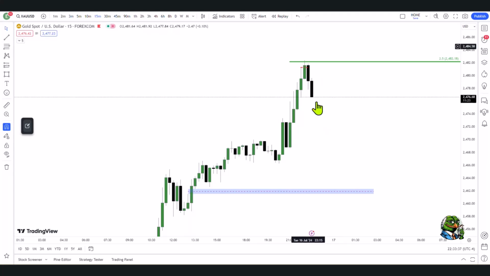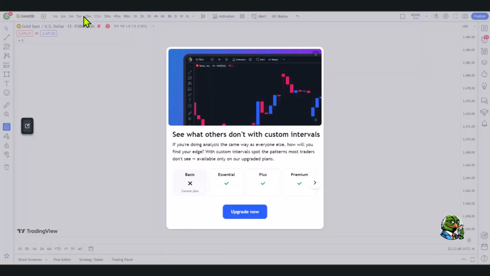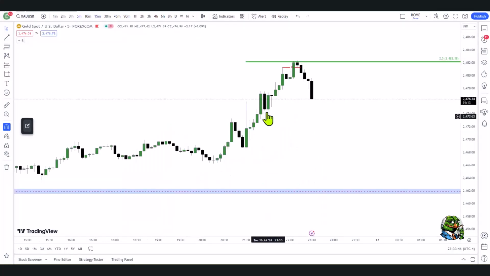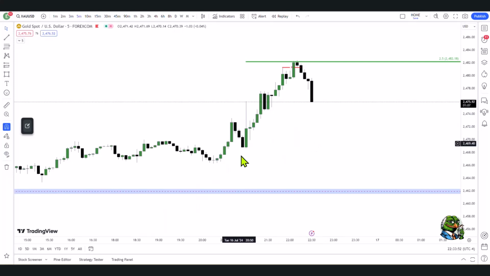Now I could still be wrong, and we could still get up from any of these levels from a shorter, maybe 5-minute time frame order block. But I do believe that we'll come down and test this order block. Either go higher from there. Once we get down here, I can put my trade to break even. So it's quite an easy trade from my perspective.